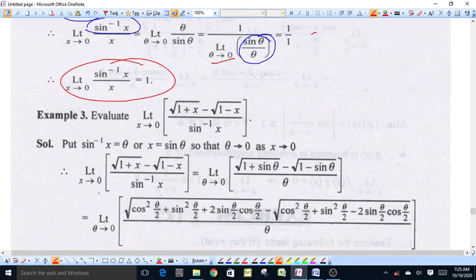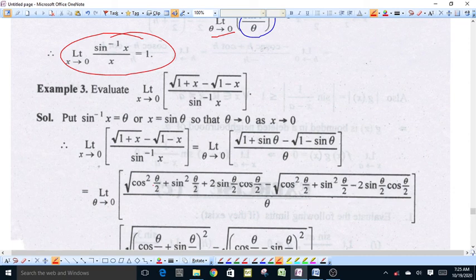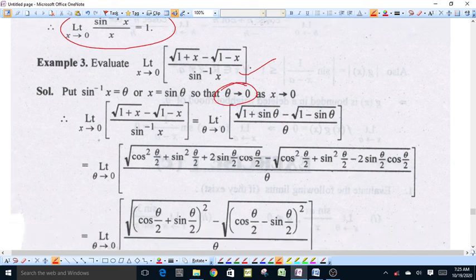Now, see this example. We have to evaluate the limit as x approaches 0 of root of 1 plus x minus root of 1 minus x, upon sin inverse x. If we put sin inverse x equal to theta, then x will be equal to sin theta, and as x approaches 0, theta also approaches 0. This limit can be written as theta approaches 0. We have put x equal to sin theta, then root of 1 plus sin theta minus root of 1 minus sin theta, upon theta. 1 can be written as cos square theta by 2 plus sin square theta by 2,